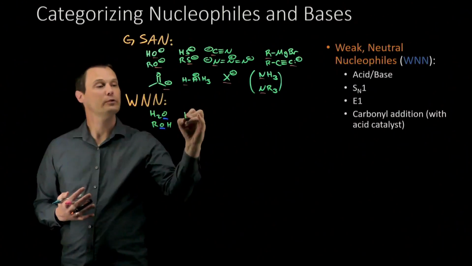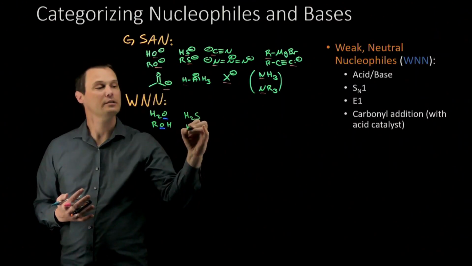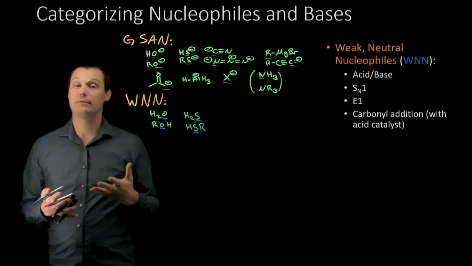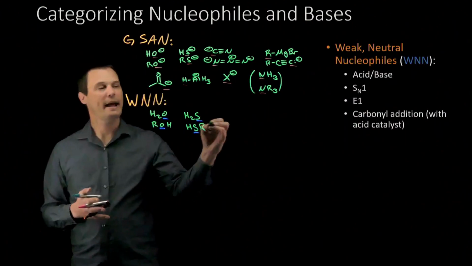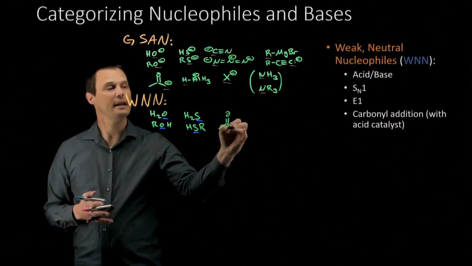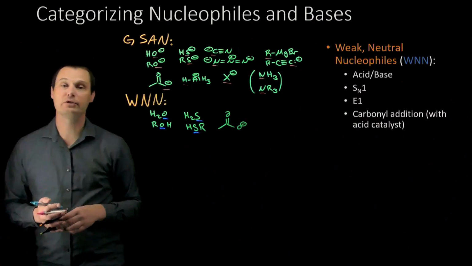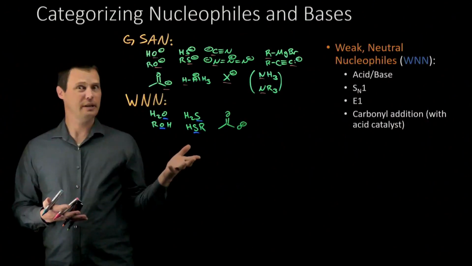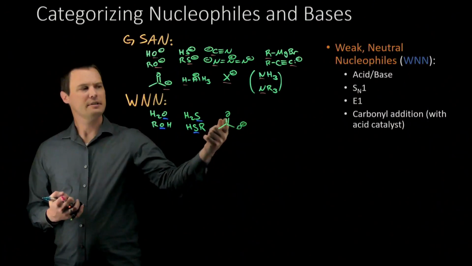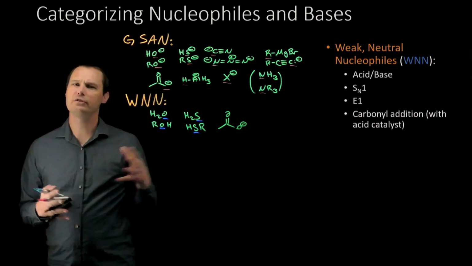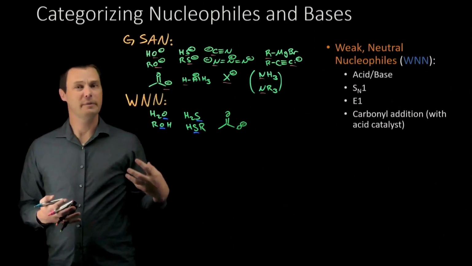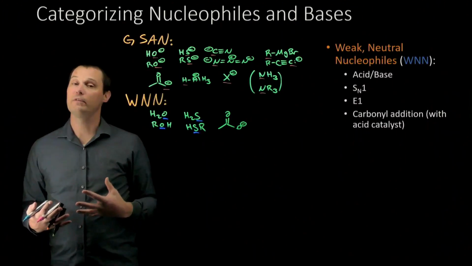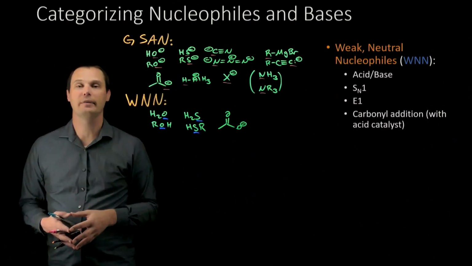That goes also for the neutral versions of the sulfur reagents. These are neutral reagents that have lone pairs on sulfur, but not a full negative charge or anything. The last reagent I'm going to add to this list may surprise you, and that is a carboxylate. A carboxylate with a negative charge, the conjugate base of a carboxylic acid. Why is this a weak neutral nucleophile? It's clearly anionic. Well, this negative charge can be stabilized with resonance with the carbonyl, so that negative charge is spread out over a larger volume, which makes it a weaker nucleophile than you would otherwise expect. This really does more of the weaker nucleophile type reactions than the good, strong anionic nucleophile type reactions.